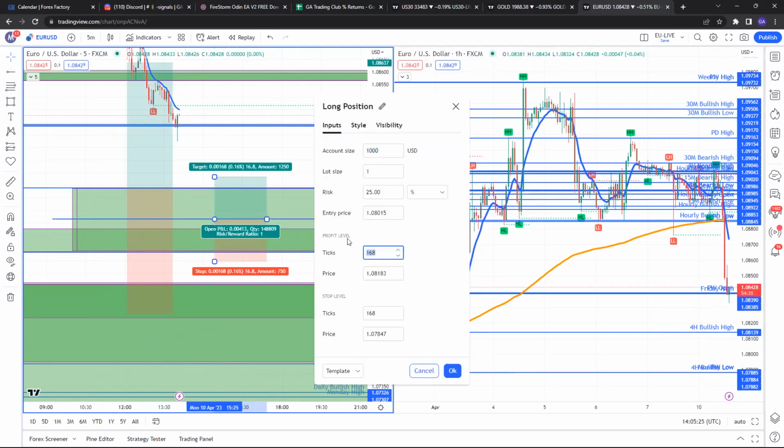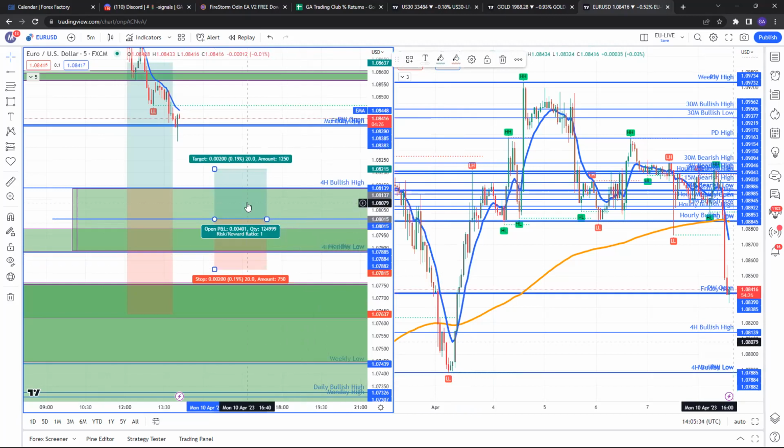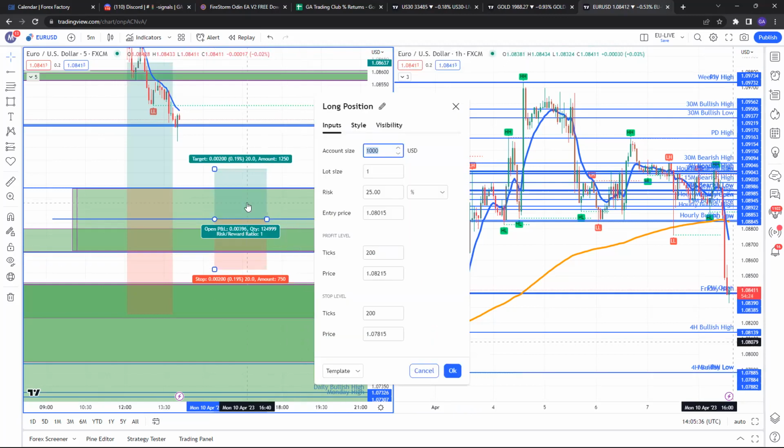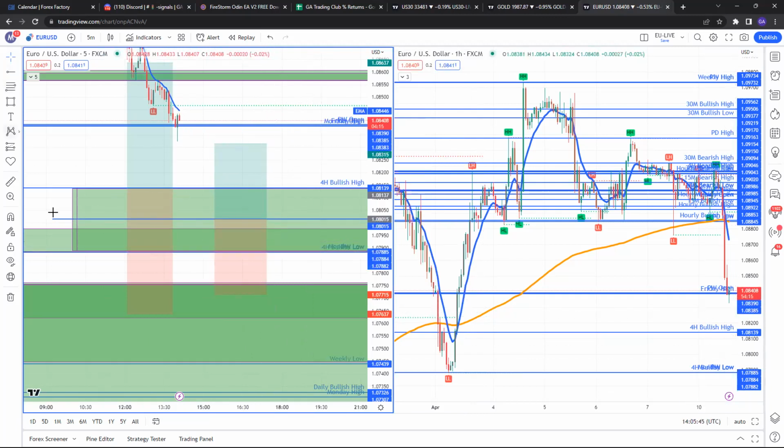Now for this one, let's see what a 20 pip zone would look like. I would say maybe a 30 pip stop loss, 30 pip take profit here. So this would be a bigger lot size, and then the biggest lot size would be the very bottom of that